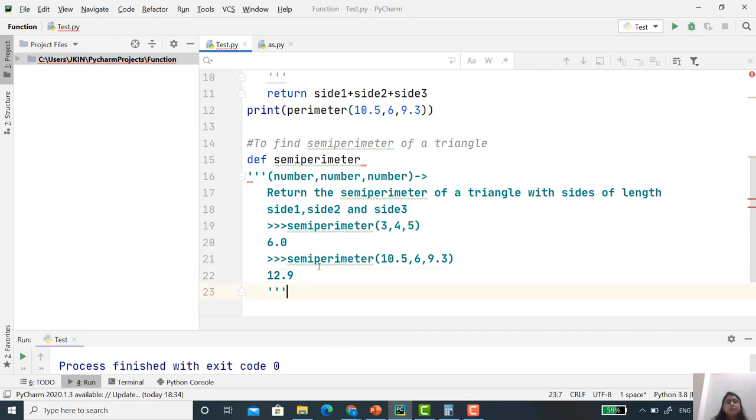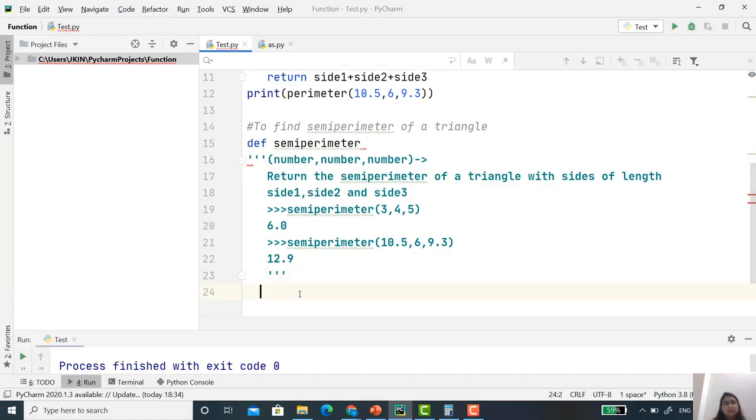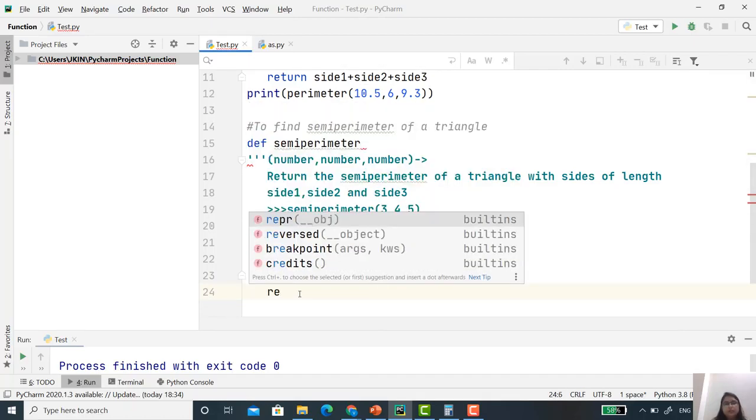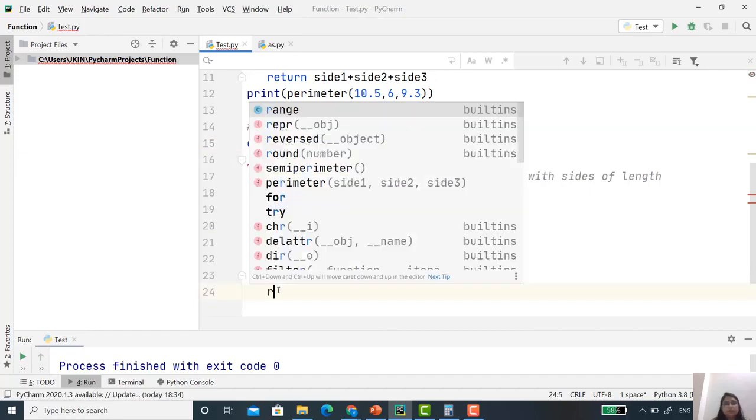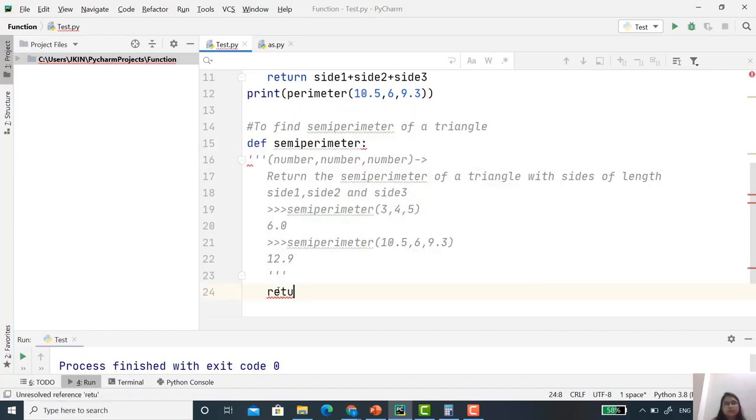Alright. So now here I have to use the return statement. That is how I can call another function inside this. Yes, here I have to put this colon and then provide some tab.